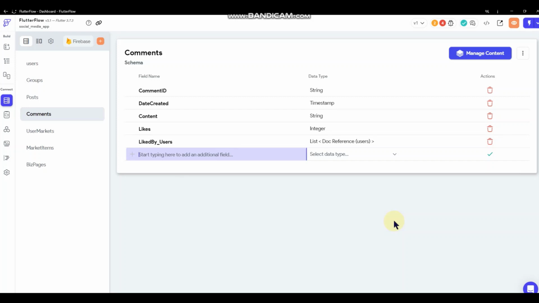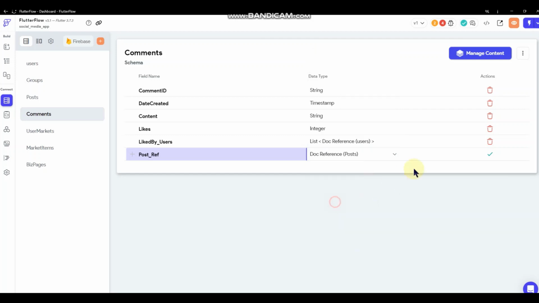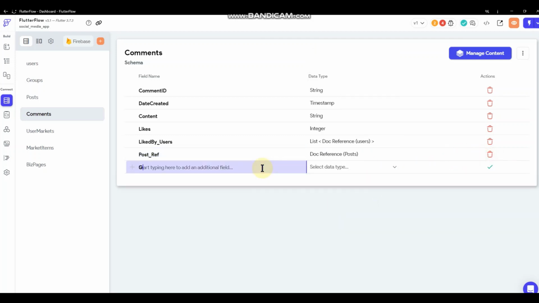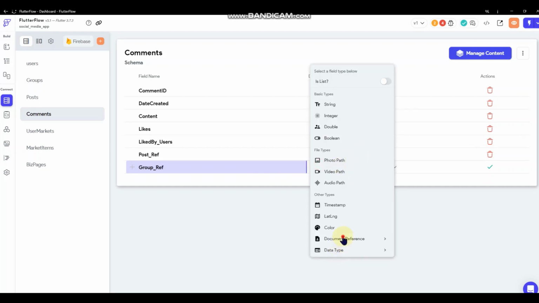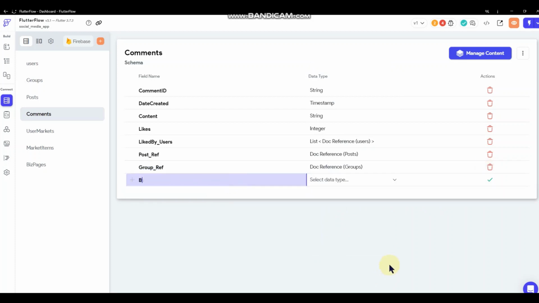Okay, and we need to do some reference points. So we're going to do a group reference. This actually, let's start with post. Post reference, what post this is tied to. Now we'll do a group reference if it's tied to a group. Do a biz page reference.